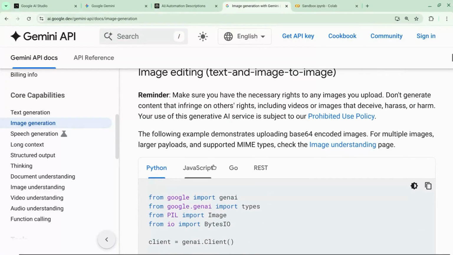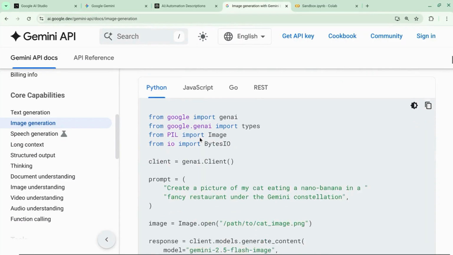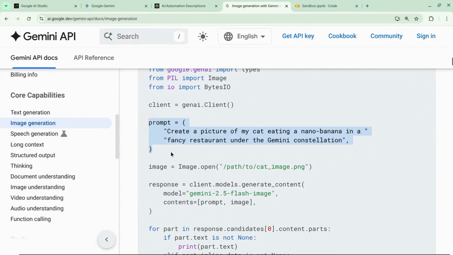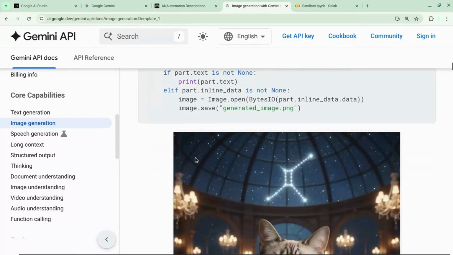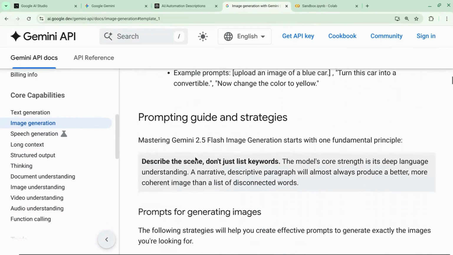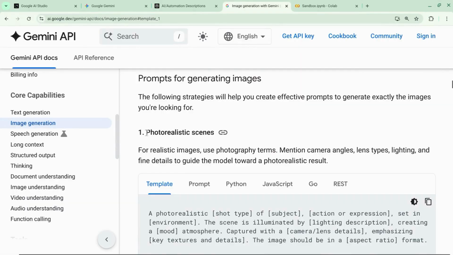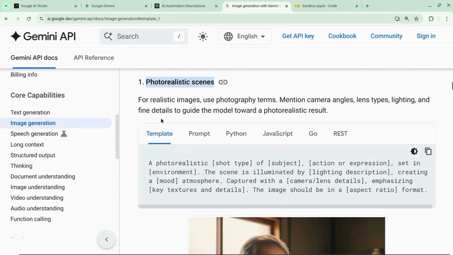Then there's the text and image to image for image editing with the prompt here, providing the image that you want to edit, the model. There's a prompting guide for different use cases like generating photorealistic scenes. It gives you a template asking you to define the shot type, the subject, action or expression, the environment, lighting description, the mood or the